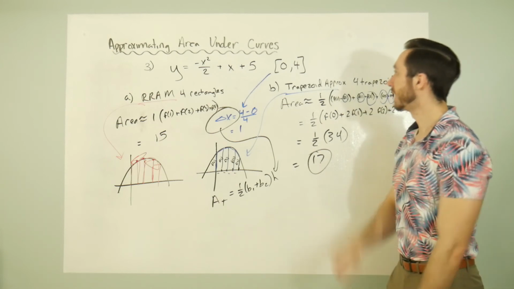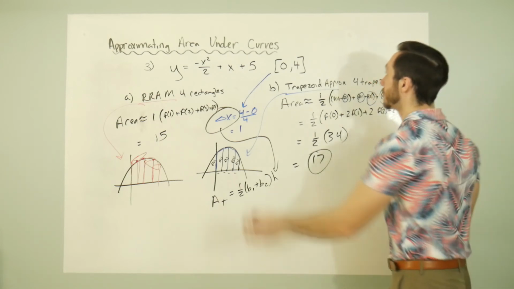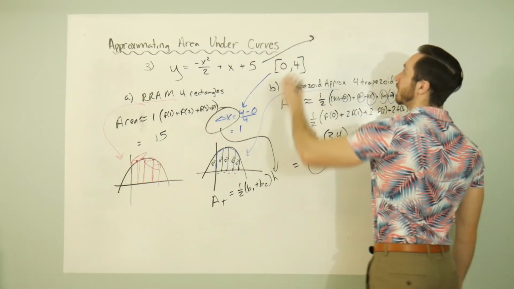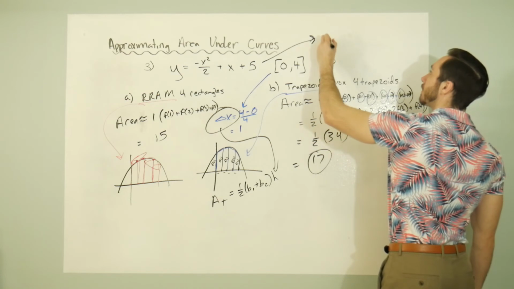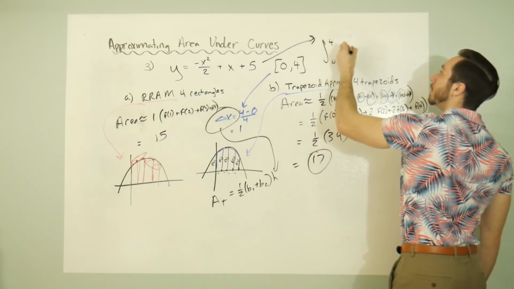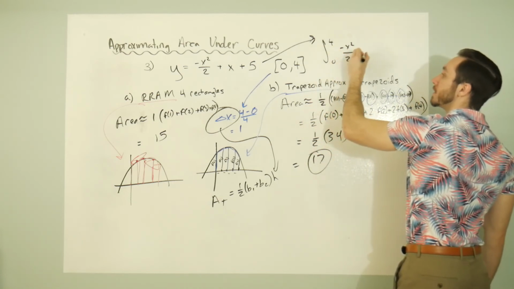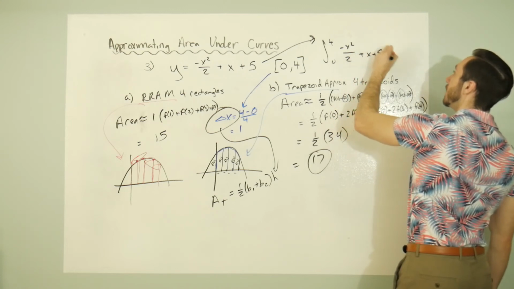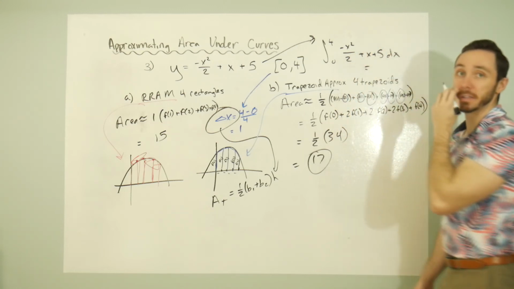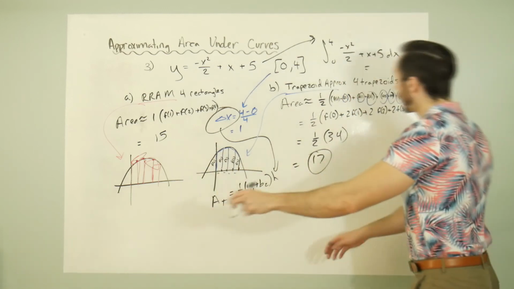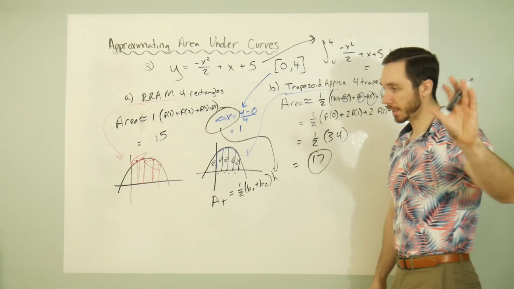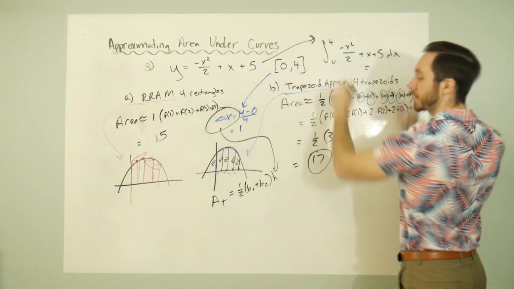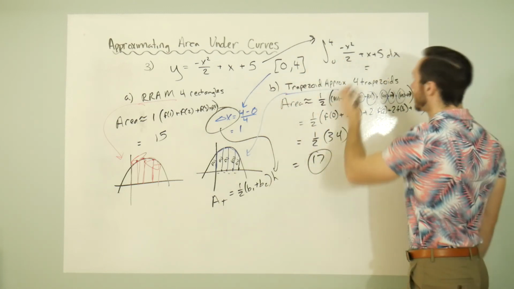Let's actually calculate this for fun. I'll just throw it into a calculator. What is the actual area? Well, let's just kind of do the calculus on that. We would integrate this from 0 to 4. So we would integrate negative x squared over 2 plus x plus 5 dx. I'm going to throw this into a calculator to see what the actual area is. So after throwing it into a calculator, and of course we could just do this ourselves, but I'm assuming some people are watching this without knowing how to actually find the area by hand. This does come out to